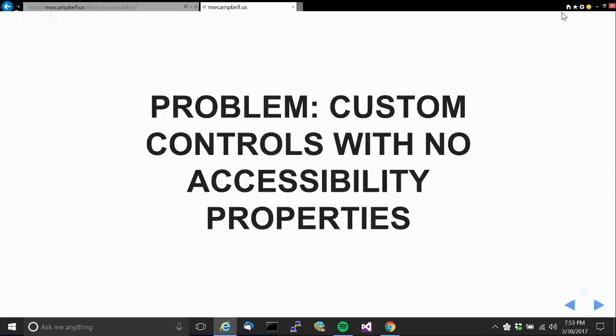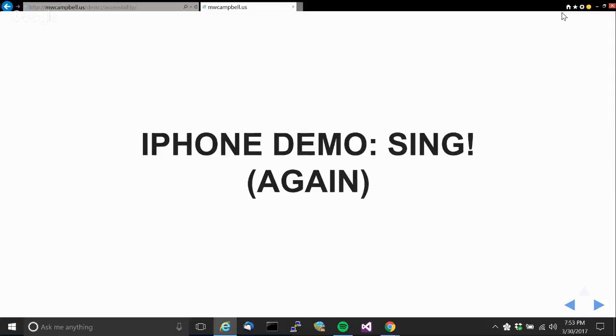Next problem. It might be better if I just go straight to the demo and then I can explain what it is. So back to the application I was just in. Sync. Come on. Selected. Tab 3 of 5. Oh, and we've got the ad again. At least we know it's short. Or we can all sing together. It's up to you. Yes, if I can get to your song in the app.